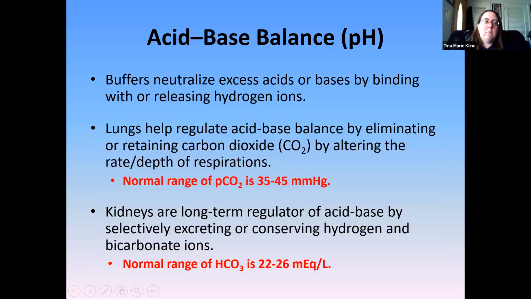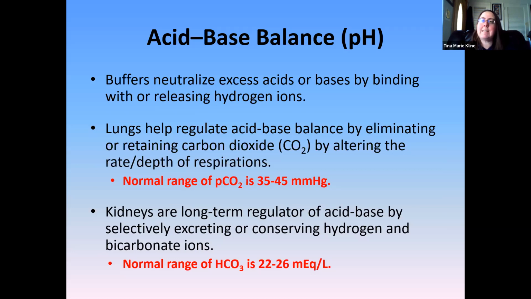Okay, so buffers, I'm not worried about that. Let's talk specifically about your lungs. Your lungs will control how much CO2 they keep in the body or how much they eliminate from the body, based on how fast you breathe, the respiratory rate, but also based on the respiratory depth. Okay, so your normal range for your PCO2 is 35 to 45. Again, you just need to know that. But I want you to conceptually sit back and think for a minute. If I have too much acid in my body, and CO2 is an acid,